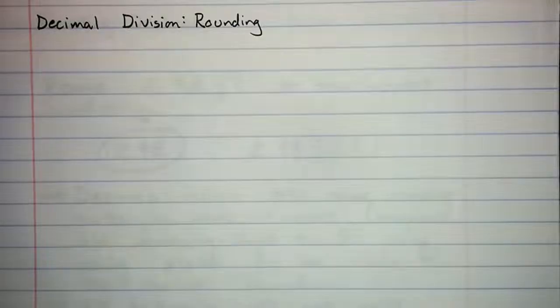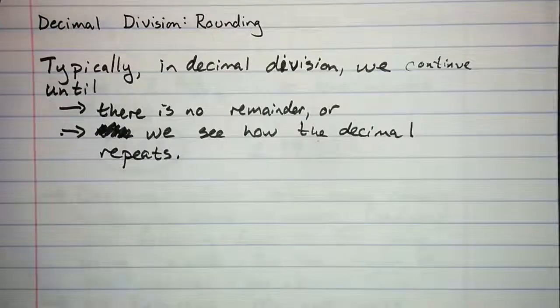So division, when we want our answer to be a decimal, can sometimes get awkward. Typically in decimal division, we keep going until either there's no remainder or we see that we have a repeating decimal. And sometimes we just don't want that much precision. Sometimes all we really care about is an answer rounded to the nearest tenth or the nearest hundredth or the